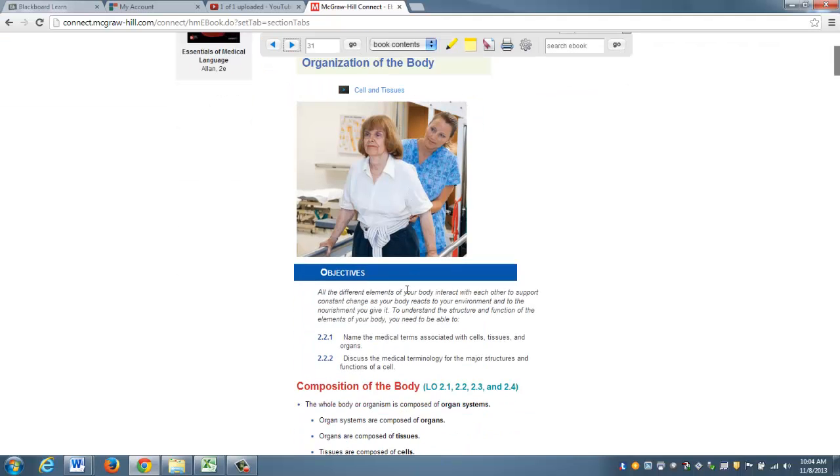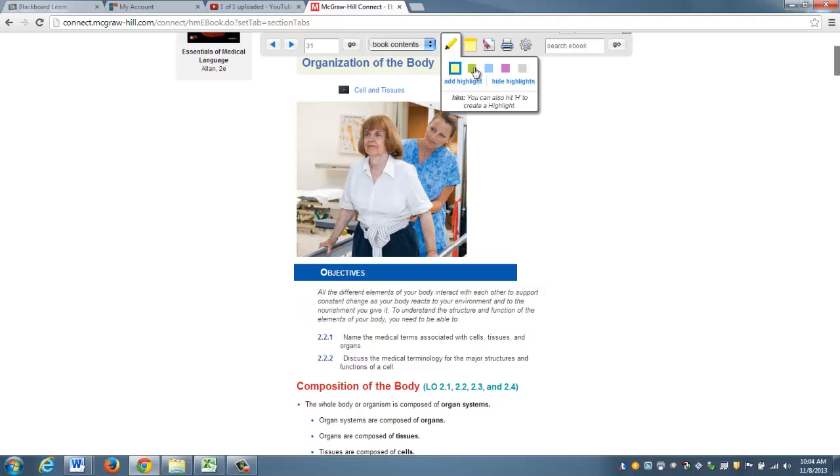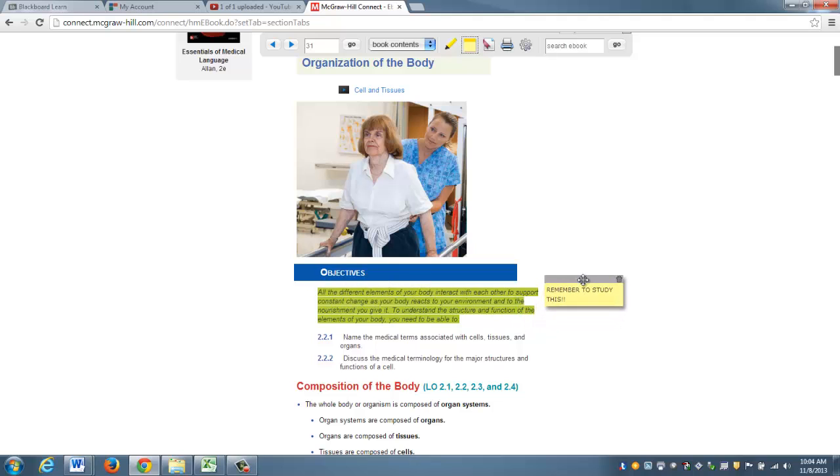All right, and there's one other function that I think is pretty cool here. If you'd like to do highlighting, you just select the text, and if this is important, I want to highlight it, I click my highlighter, I select the color, and then I click Add Highlight. And now I've got a highlight here. Also, I can keep my notes. So if I want to make a note, I just click the notepad, click a color, and click Add Note, and now I can type in a note. Remember to study this. All right, I click Save Changes,